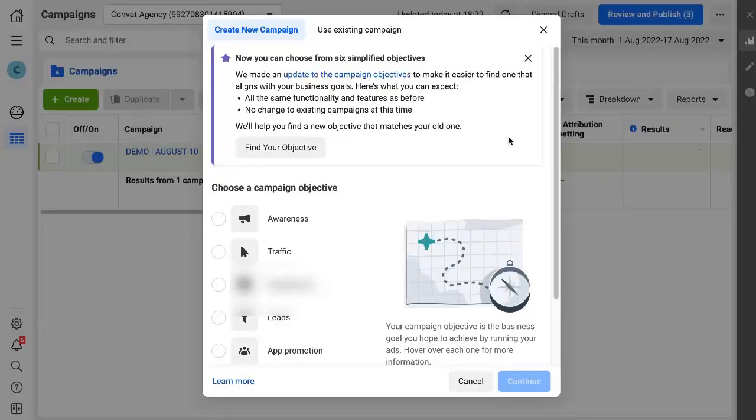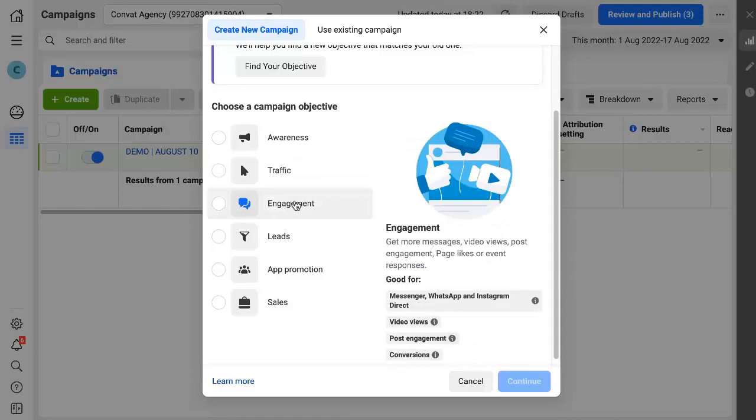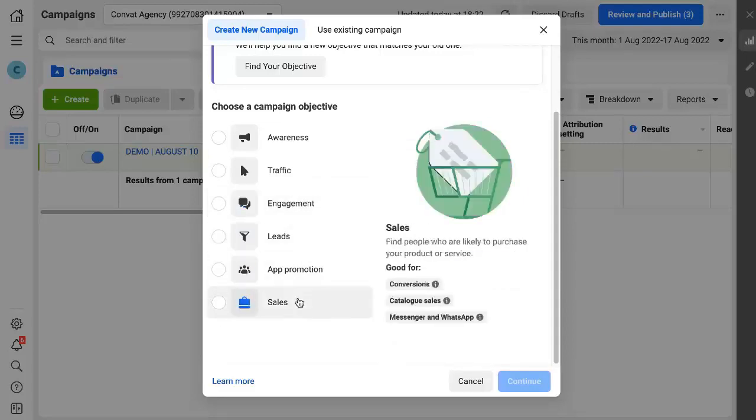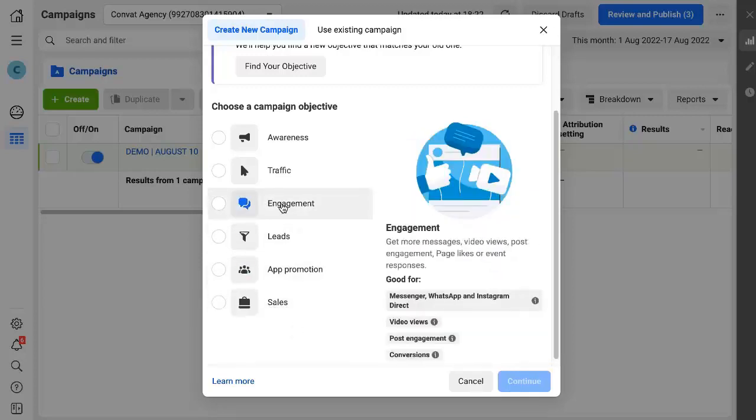So this is where you create your adverts, right? Now here is the thing, it depends on the way you want to run your advert. If the objective of your advert is to get people that see the advert to send you a DM on Instagram, then you want to use the engagement objective. But if you are sending them outside of Instagram, probably to your website, to your online store or sales page or landing page, you want to use this. But I will use the Instagram DM first, then I will explain the other method